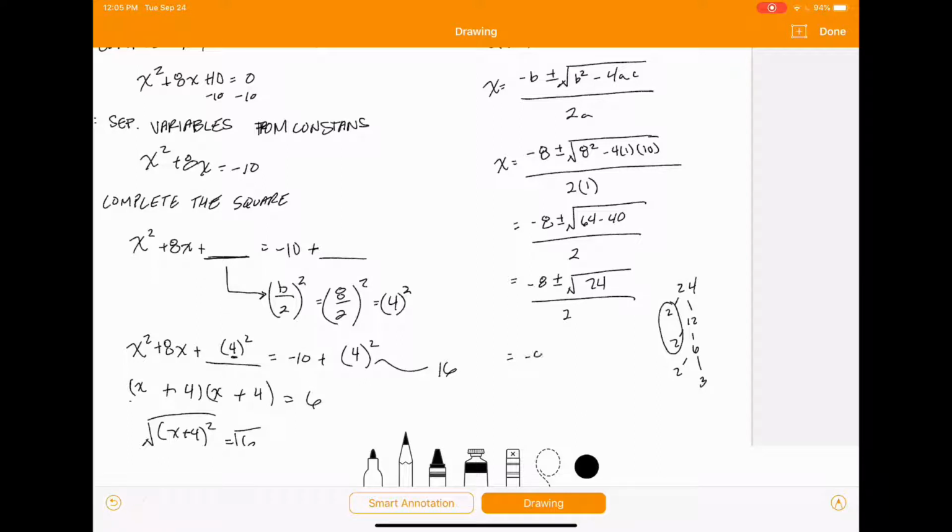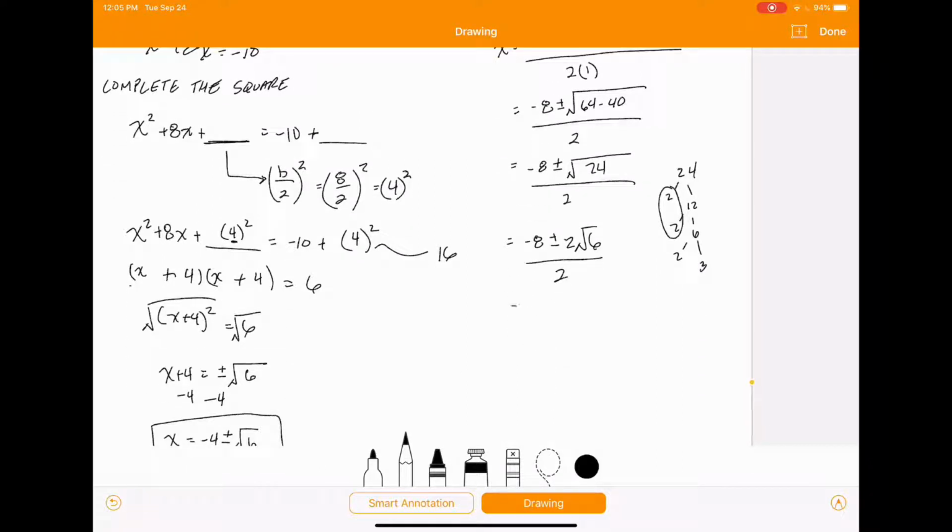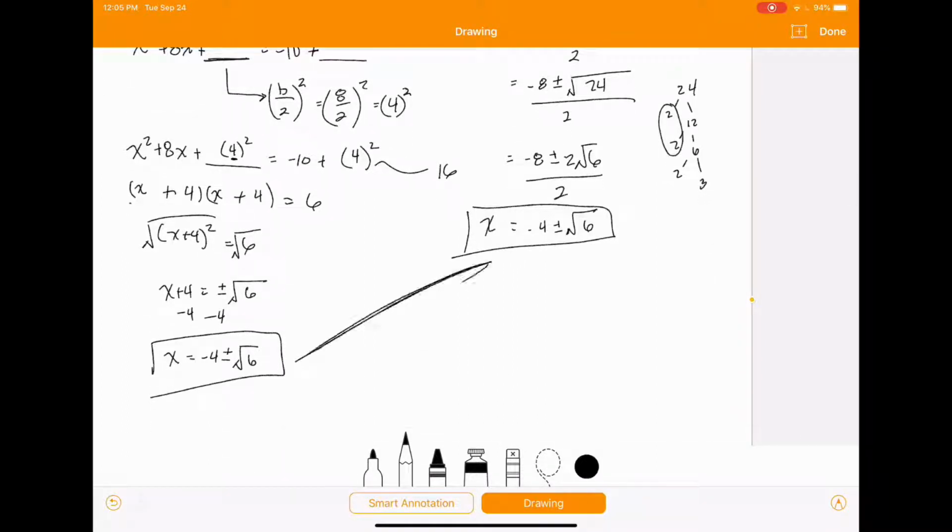So we'll be left with negative 8 plus or minus 2 square roots of 6, all over 2. Now we can simplify this by dividing each term on the top by 2. So we're going to be left with negative 4 plus or minus the square root of 6. And as you can see, we get the same answer